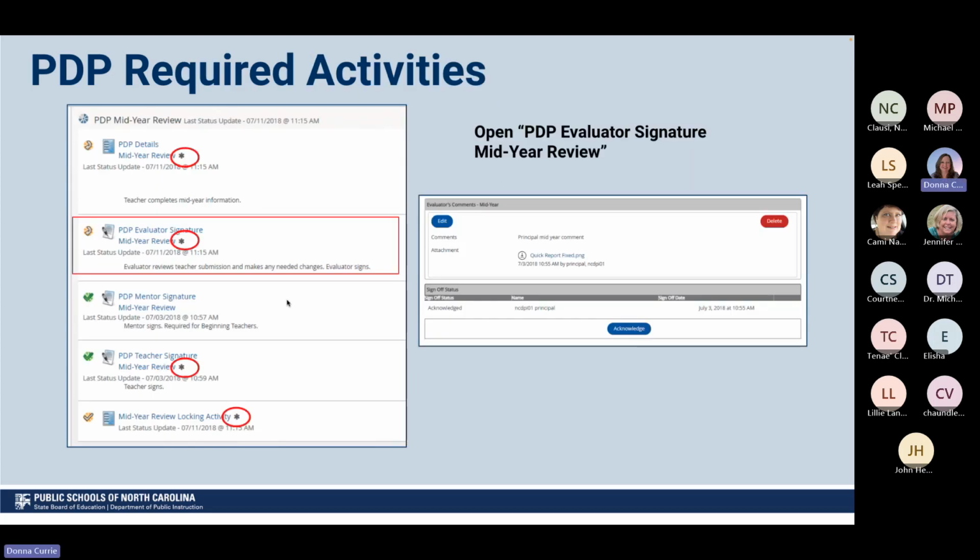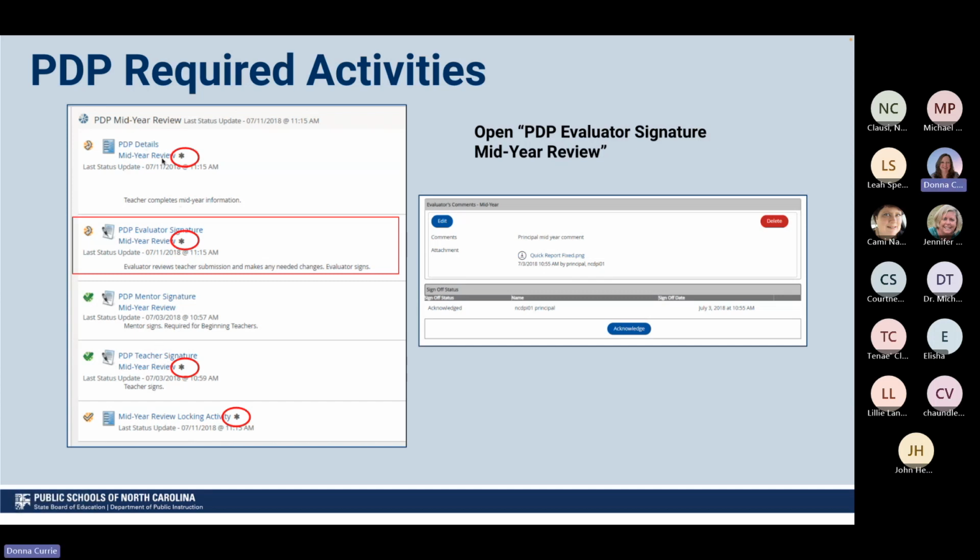So once you are in the system, and you remember you clicked on your current evaluations, you will see that you do have your PDP. Yours is part of your plan, your teacher's is not. So when you are in your teacher's plan and you're observing them, you're going to see these icons as before. Remember, orange means something was reopened, so that might be an issue there. Anything with an asterisk means that you do need to go back and do those. Remember, mentor is listed, but it does not have that asterisk because it is not required, but it is there for those plans that need that mentor to sign this PDP.